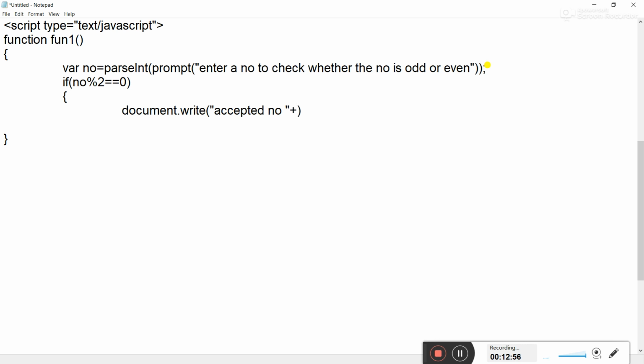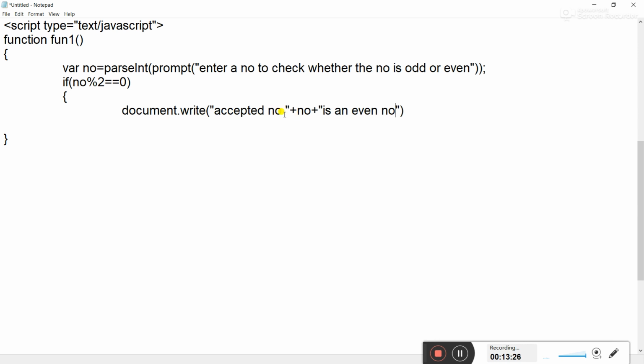Where is it? It is in number, right? Number, and then plus again is an even number. Now what it will do, the document.write method will display whatever I am writing in between this opening and closing bracket. It will display that value on the screen.